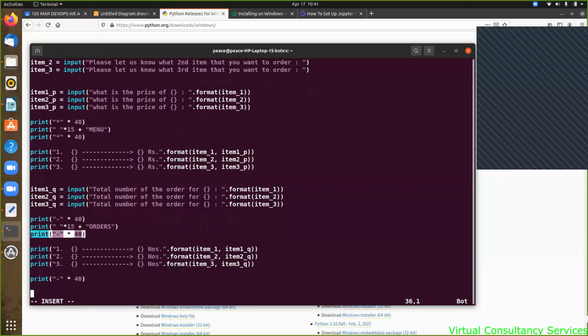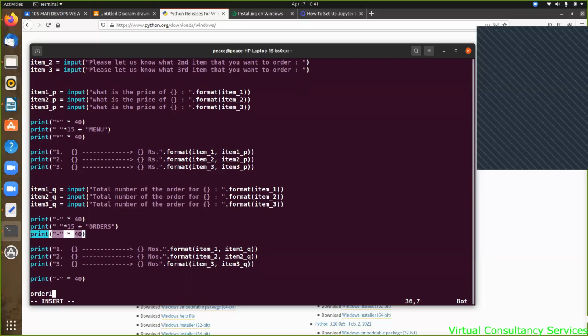ठीक है, और इसके बाद अभी हमें टोटल प्राइस कैलकुलेट करना है कि टोटल बिल क्या हुआ, और वो बिल का जो अमाउंट है, वो हमें देना है। तो कैसे जनरेट करेंगे, सबसे पहले सिंपल मैथमेटिक्स। सो आइटम 1 का जो कैलकुलेशन है, आइटम 2 का जो कैलकुलेशन है, आइटम 3 का कैलकुलेशन है, उसका हमें पूरा प्राइस कैलकुलेट करके सम करना है।